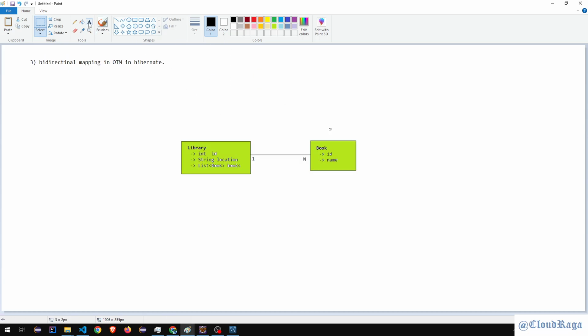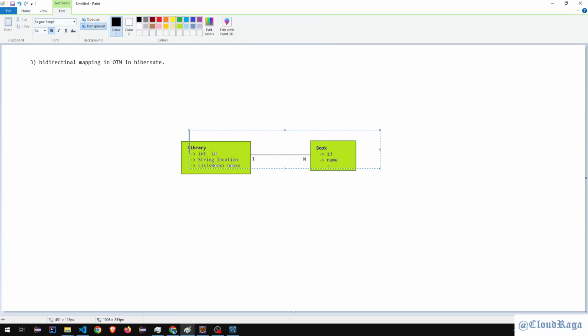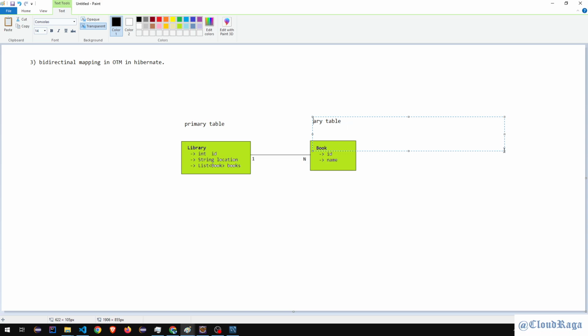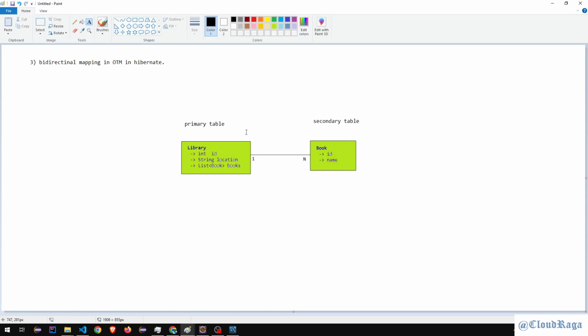So I have this structure, and I'm calling this library table the main table, or you can say the primary table here. So this is my primary table just for relating purposes, and this is the secondary table. Okay, if you check from primary to secondary, we can say this is one-to-many mapping,